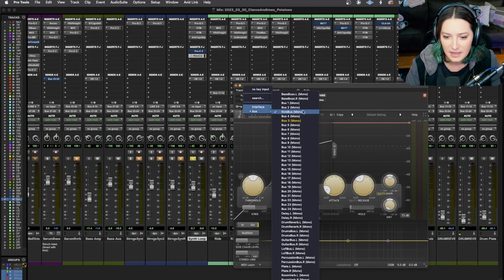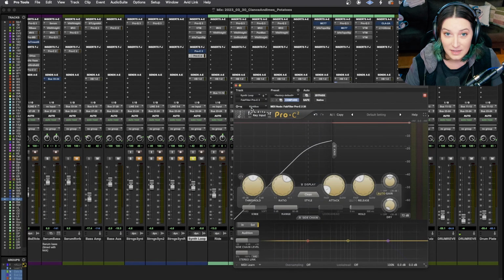You want to go and choose that kick bus, and it's already done that for me. So that's the basic idea, right? There are two things you have to do. Tell it to listen to something else besides what's on this track, and then choose that input, that key input, pick your bus, right? And then it's the same idea, a lot of times what I like to do